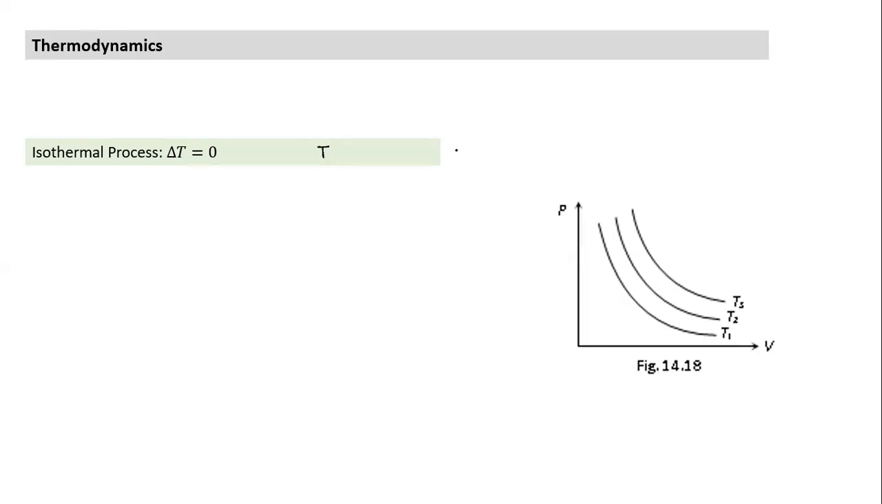So it is kept in a container which allows free flow of heat, and typically isothermal processes are carried out slowly. Why does it need to be carried out slowly? So that there's adequate time for heat transfer to take place. So isothermal processes are typically slow processes, and it is typically in thermal equilibrium with